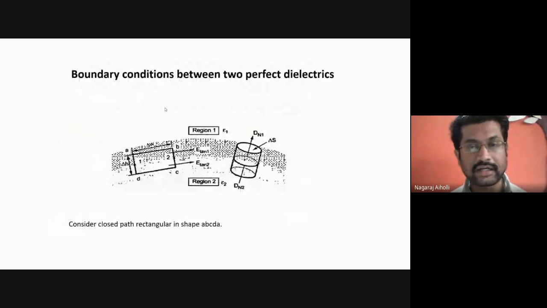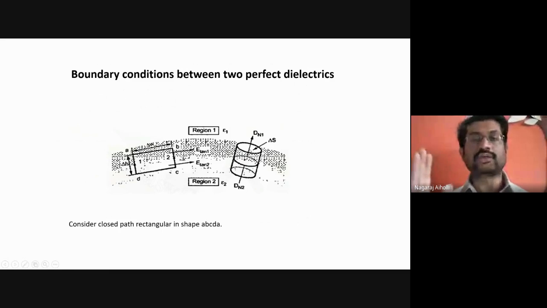Therefore, the integral over the top surface of D bar dot dS bar is, for the top surface D bar is Dn1, Dn1 times the integral over the top surface of dS bar, that is equal to Dn1 delta s. This is for the top surface, Dn1 into delta s. Then for the top surface, Dn enters, and for the bottom surface, Dn will leave. When we consider the normal component for the cylindrical surface, Dn2 is leaving the bottom surface, and it is entering the top surface.